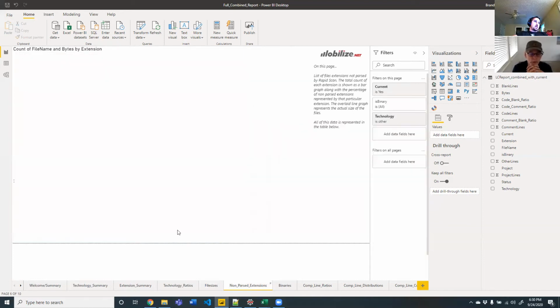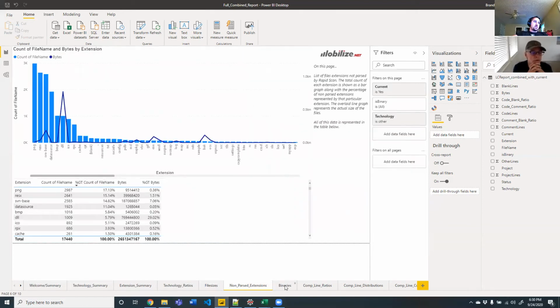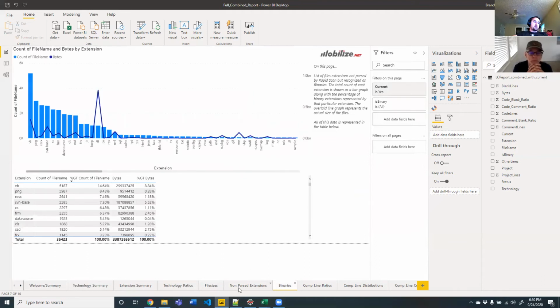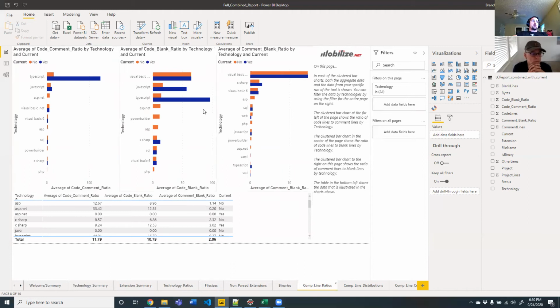And then again, we have the non-parsed extensions and the binaries from the spreadsheet, but we can get a little bit more interactive with our comparison tool here. So let's take a quick look at some of these comparison data sets. What these interestingly spaced horizontal bar charts are trying to tell us is, again, the ratios from what we saw in certain